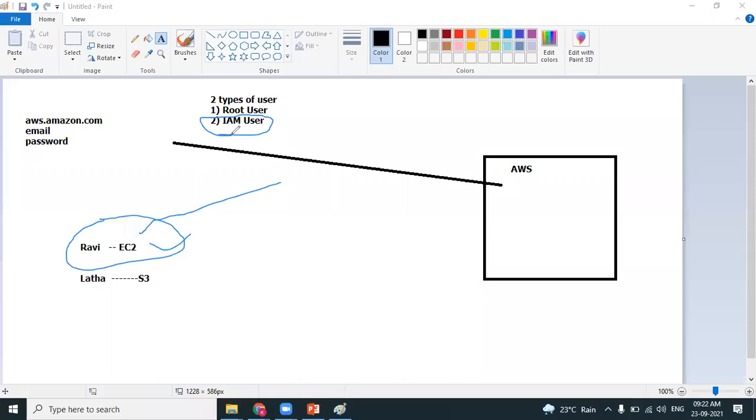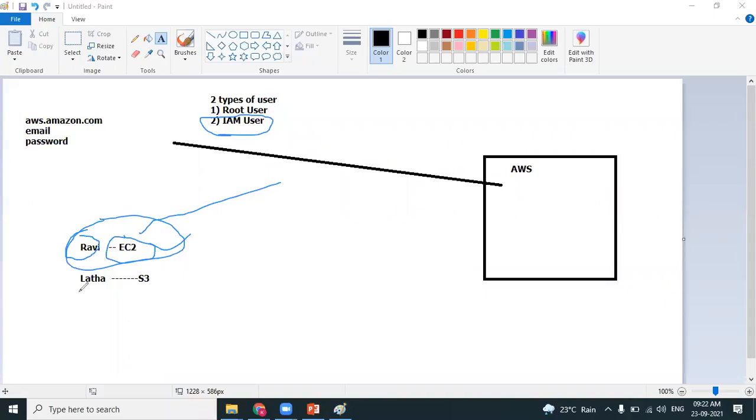How to create child users? How can we provide restricted access? In my case, I want Ravi to access EC2. I'll create a new user for Ravi with the name Ravi. And I'll provide only EC2 access to Ravi. Yes, you can do that. When Ravi logs into AWS, he will have access to only one service, EC2. If Ravi tries to connect to S3 also, it's not possible. Restricted access. I have restricted Ravi so that he'll only work with EC2.